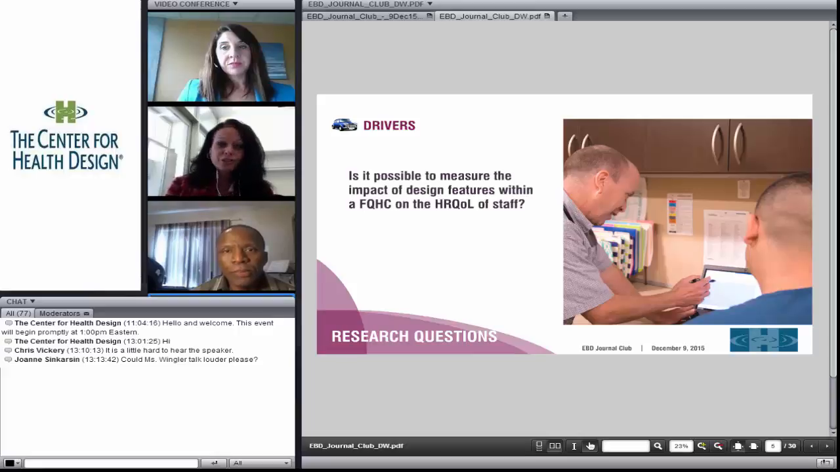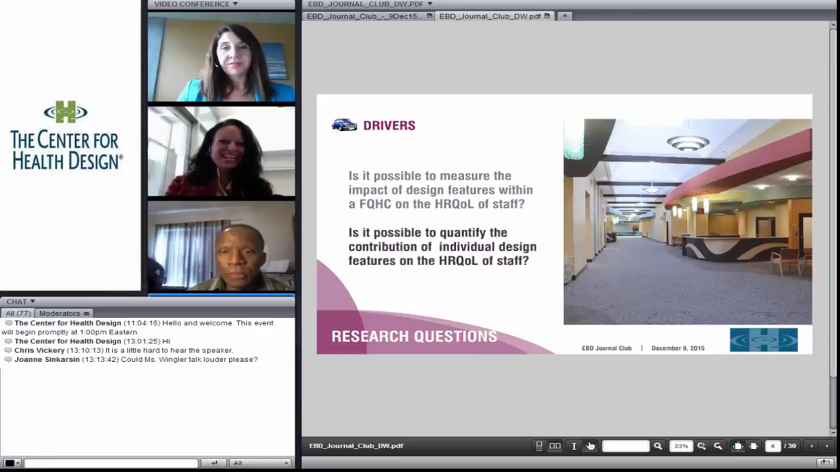First of all, this is truly a pilot study, and our first question really was, is it even possible to measure the impact of design features within a federally qualified health center on the health-related quality of life for staff? And then, if we could successfully do that, would it be possible in any way to quantify the contribution of those design features on the health-related quality of life for staff? In